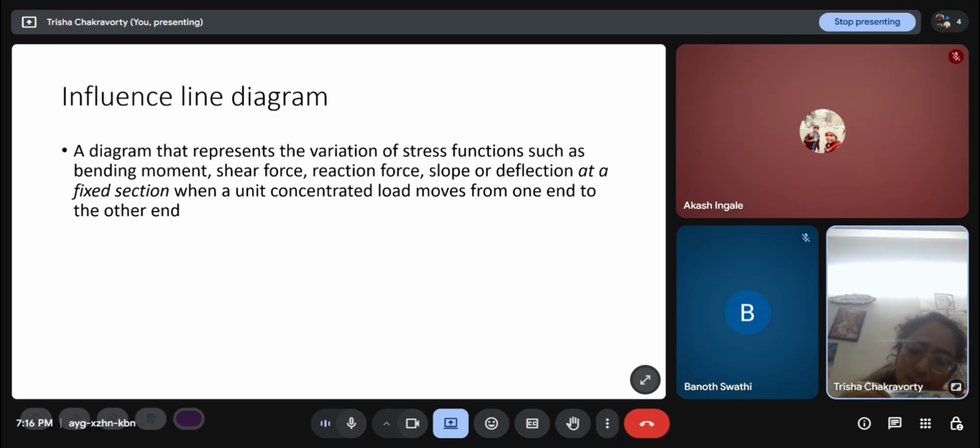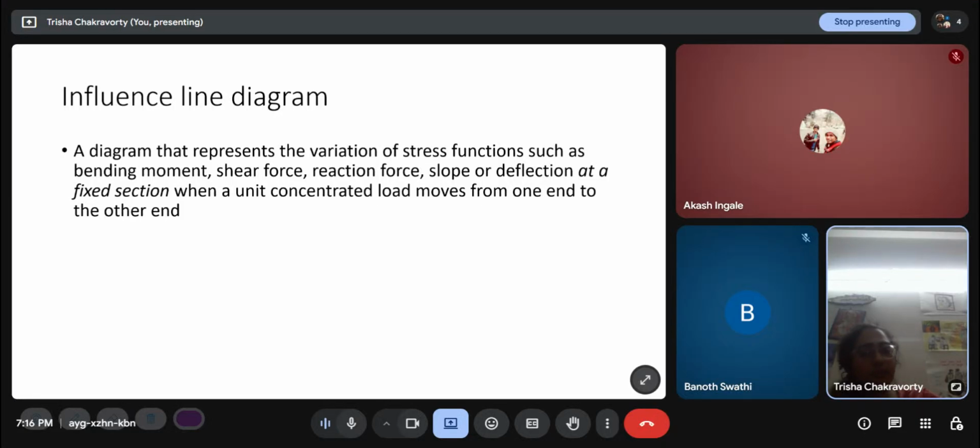So suppose I say, give me the influence line diagram of the bending moment at the midpoint. For a moving load, suppose there is an influence line diagram of the bending moment at the midpoint section. That means at every position, when I look at the magnitude, the unit load is acting at that point, and due to a unit load acting at this point, the bending moment developed at the midpoint is the ordinate at that point.